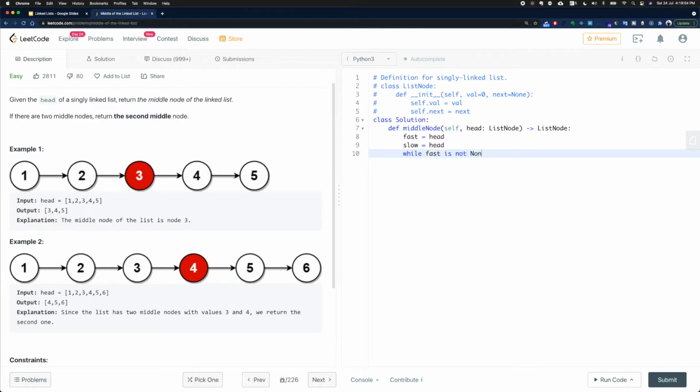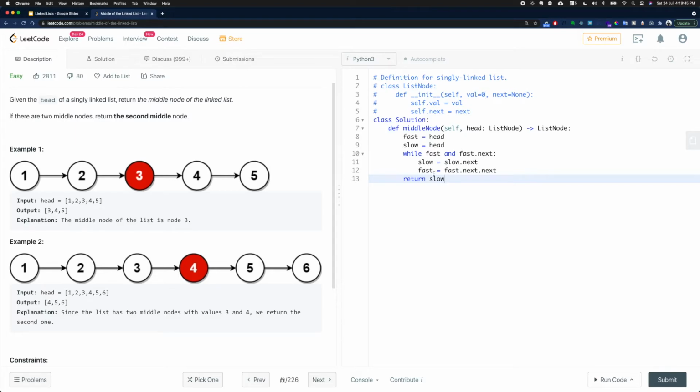but instead of writing this we can just say while fast. As long as it's not none, this will continue, but we also need to ensure that the fast pointer has a next pointer which is not none. If this is the case, we will increment slow by 1 and we will increment fast by 2, which is next, and within the next we call next again. When this ends we are going to return slow. That's about it. This is the simple runner technique that I just described.